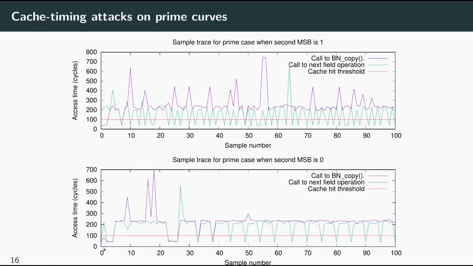The first one is for initializing the accumulator R1 outside of the loop. The second one is related to the first point doubling in the loop when R1 is still in affine coordinates. Observe that in this case, the time it takes for computing a point doubling is basically dominated by the call to BN copy. So we see a difference of 3 time slots in this trace. The same pattern cannot be observed when the second most significant bit of the scalar is 1, because no doublings in affine coordinates were performed inside the main loop.